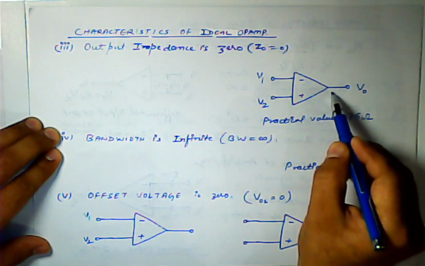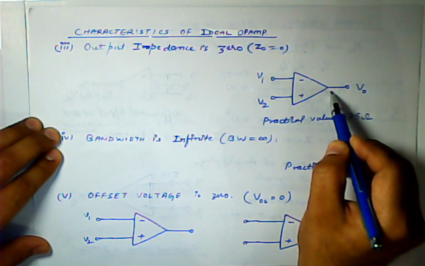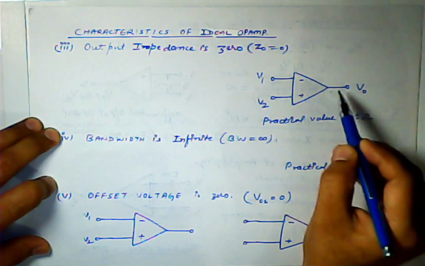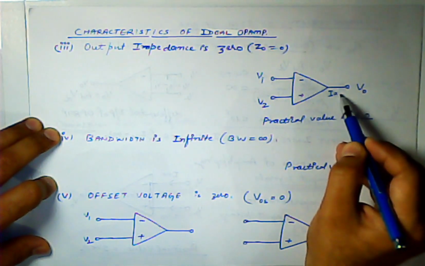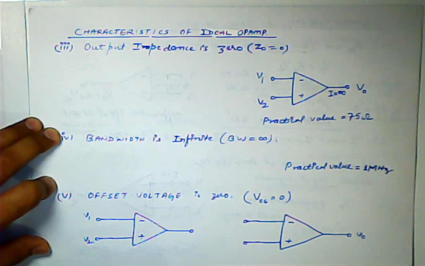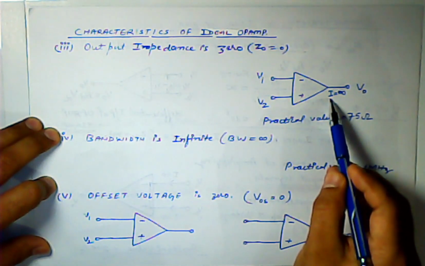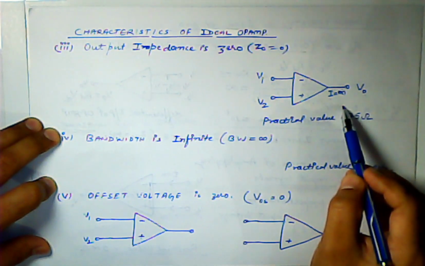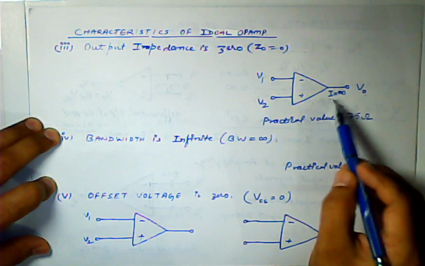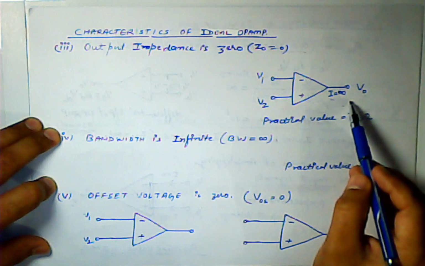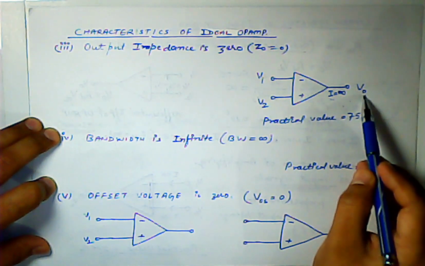If there is output impedance of the op-amp and that is 0, definitely the current we are getting here is a high value, or you can say in the ideal condition, infinite value. If the current is infinite, then the output does not depend upon whatever load is connected at the output, because current is infinite. So voltage, in case we are saying it, is I into R, I is always infinite.